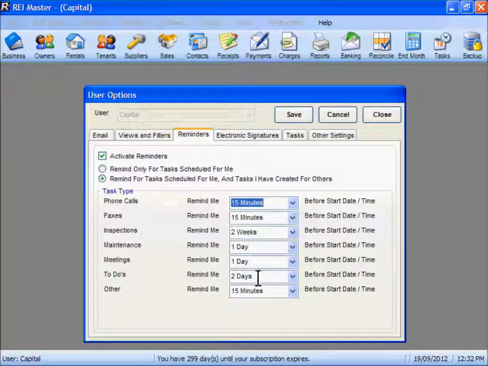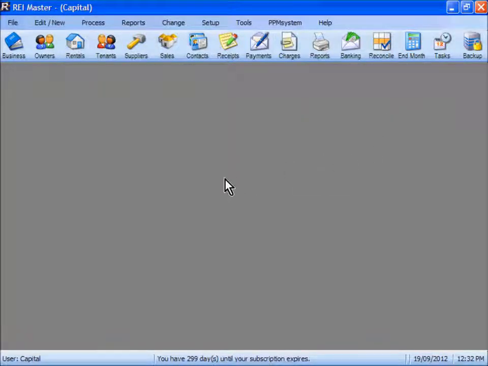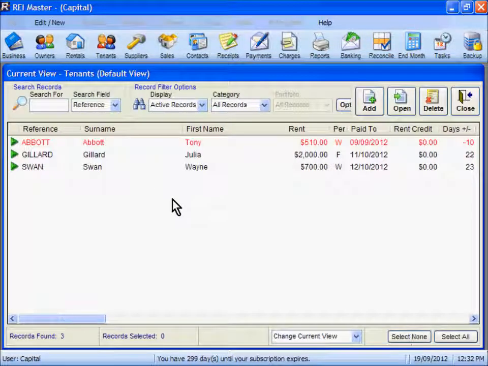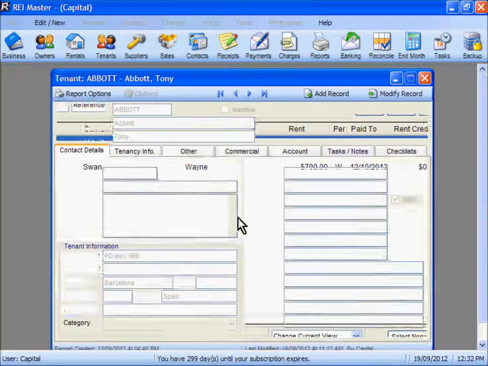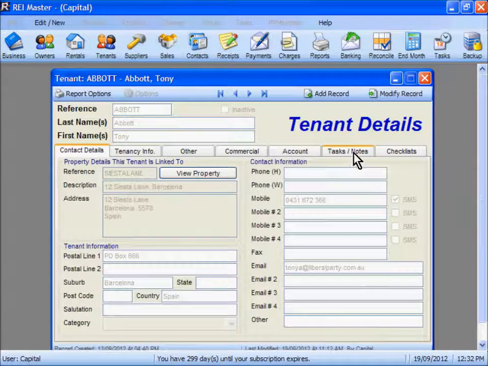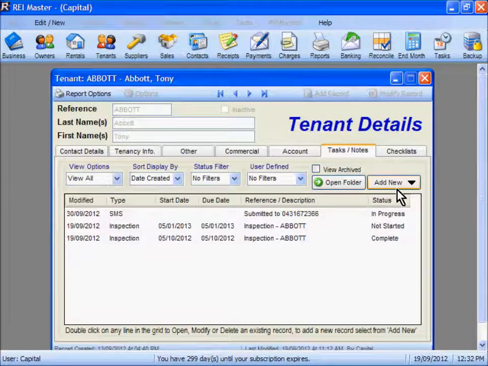Two options as they show on the screen here. My to-do option particularly is set up as a reminder of 2 days. Save my changes here and close out of the screen. Let me show you an example of how the reminder works. We'll go into this particular tenancy here, and under the tasks and notes I'm just going to set up a